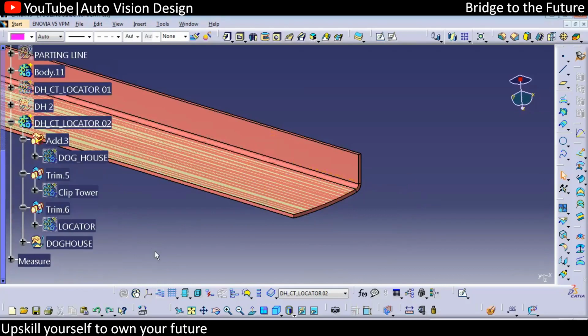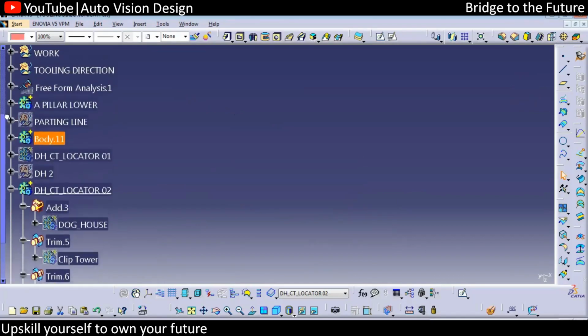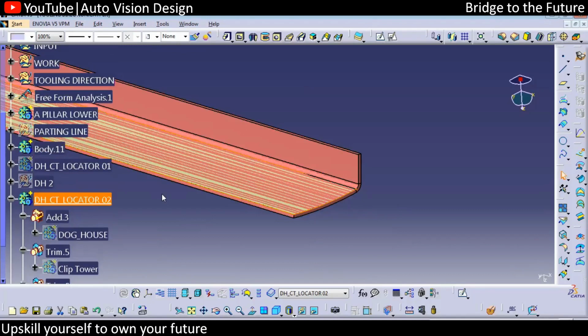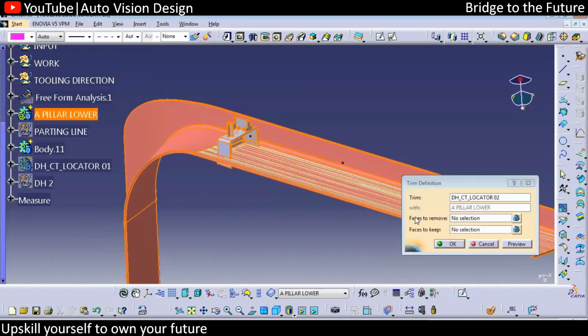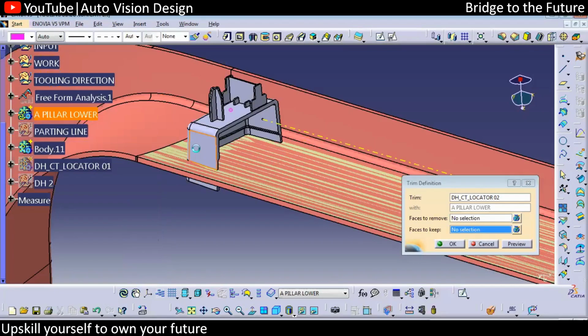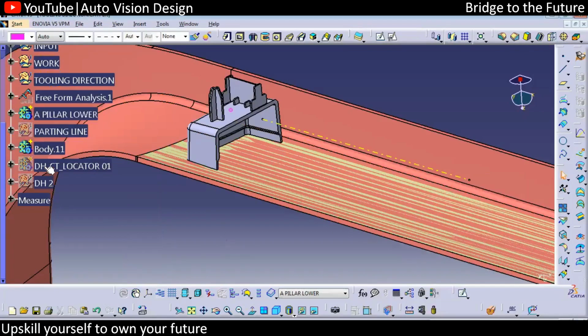Okay, so this we need to add. So go for the union trim, you can select this. Now we need to select the union trim surface to keep, so you can select this as a keep. So it will be added over here.